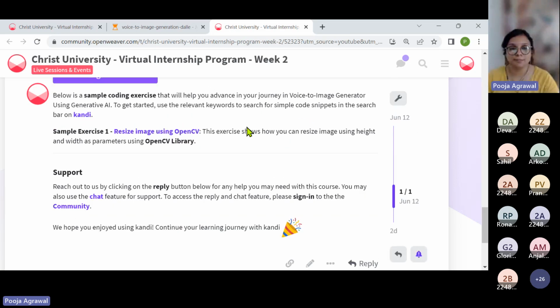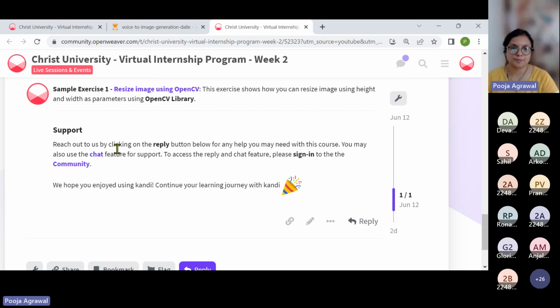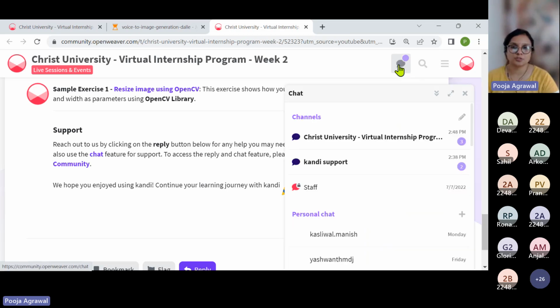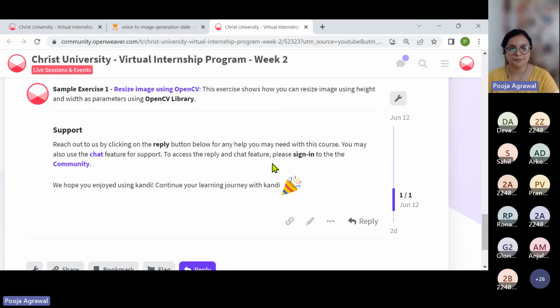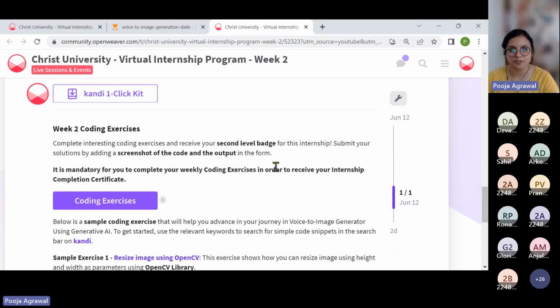Also, we will do a simple exercise on how you can use Candy, candy.openleo.com, to search for solutions and submit exercises for yourself. To simplify how you're able to search for interesting course snippets, I will demonstrate it using one of the examples today. And then you also have this support section, which a couple of you already used to ask questions. You can use the reply button here. You could use the chat feature here, post your query in the Christ University channel. We see we have some queries here already. So yeah, that speaks out. It is going to be an interesting journey for all of you.